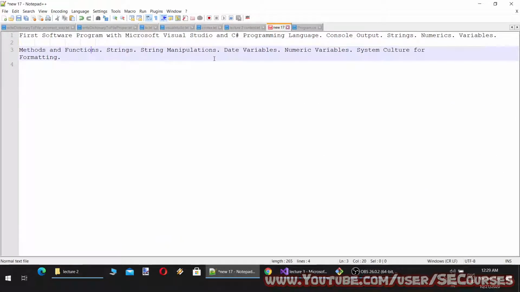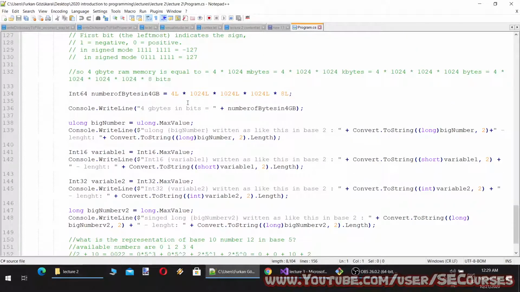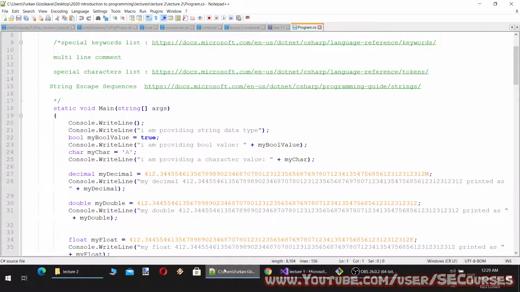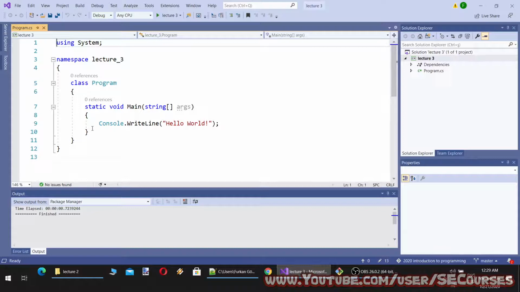So we will start writing our methods, which is extremely important. Okay. In object-oriented programming, programs are composed by classes and methods mostly. So to do tasks, we need methods. To achieve things, we need methods. For example, in this